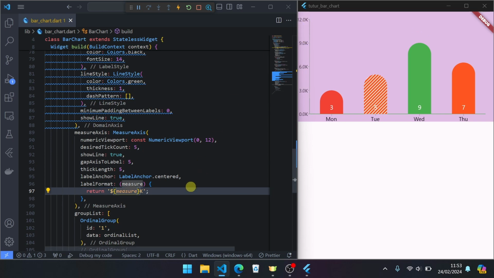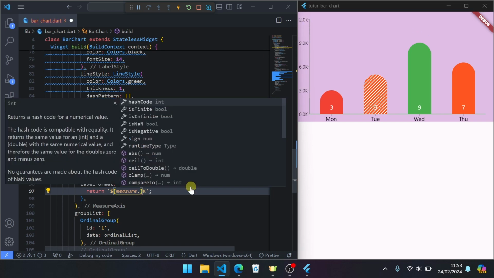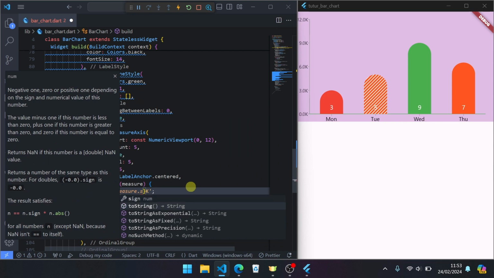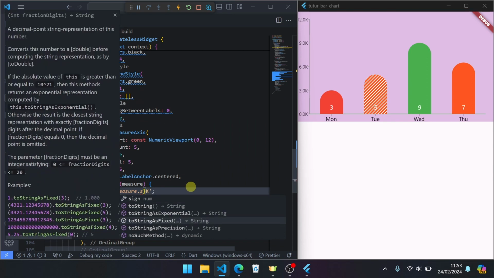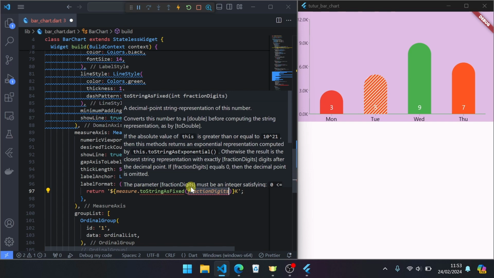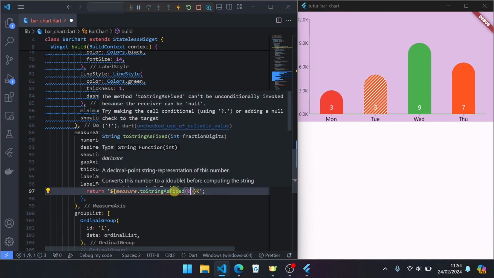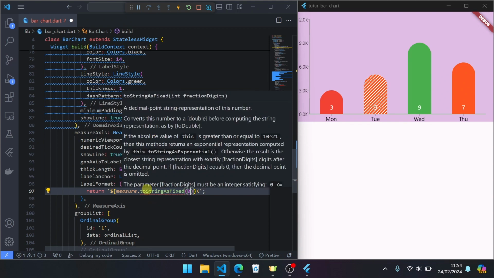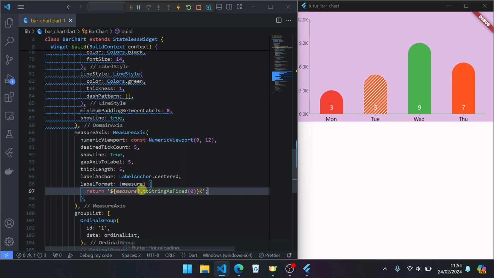You can set measure dot toStringAsFixed with fractional digit 0. Invoke receives a number here, save, like this.